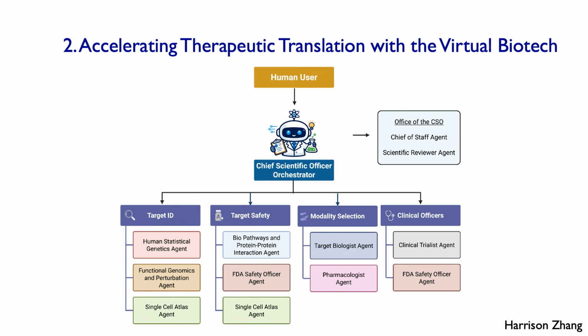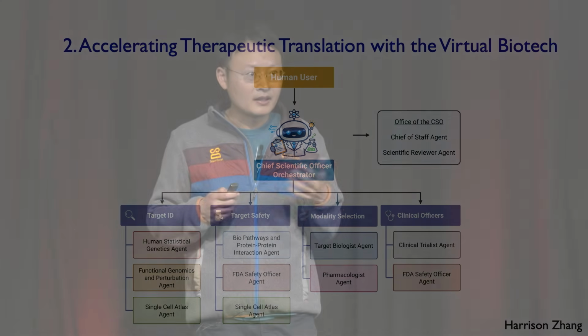In the virtual biotech now we have a CSO agent, chief scientist officer, with his own chief of staff and office and lawyers and so on. And under the CSO agent, we have these different divisions that mirror all the standard divisions of a pharma company. So you have a target division for looking for targets, safety division, clinical development division, and all of those divisions are operationalized by AI agents. And something that's really exciting is that now we can ask the agents to help us design and improve, and we look for new targets and also try to design these clinical trials.